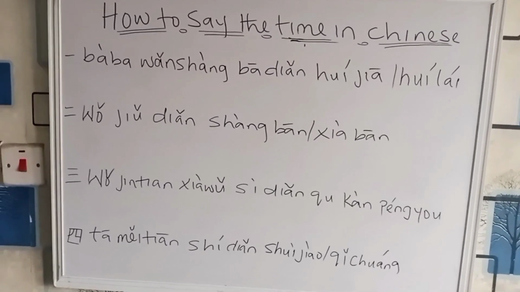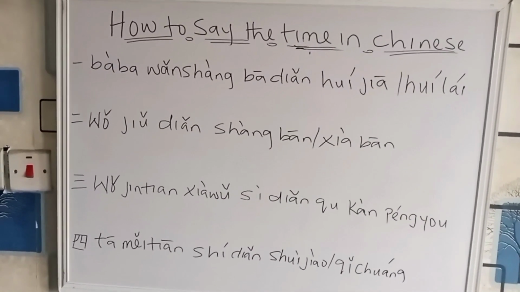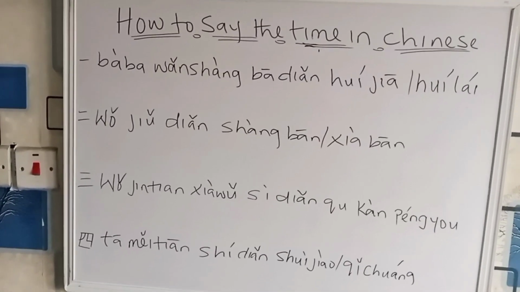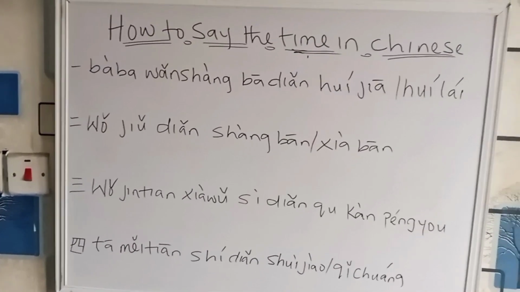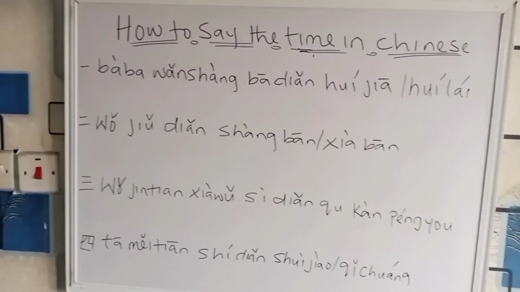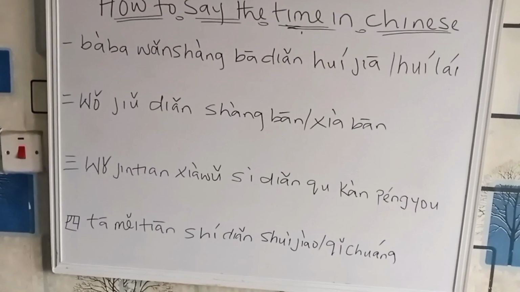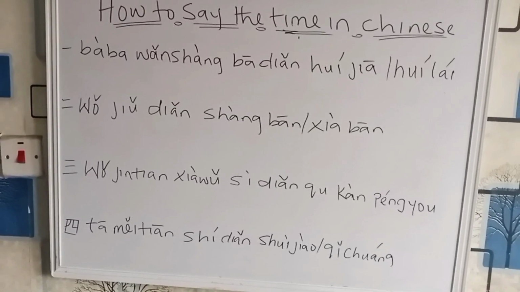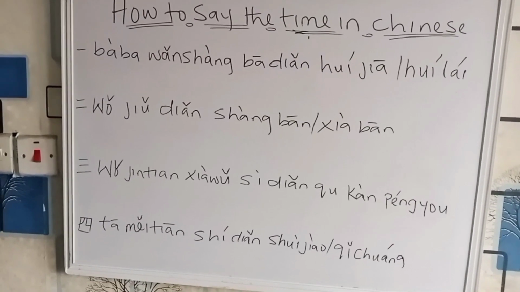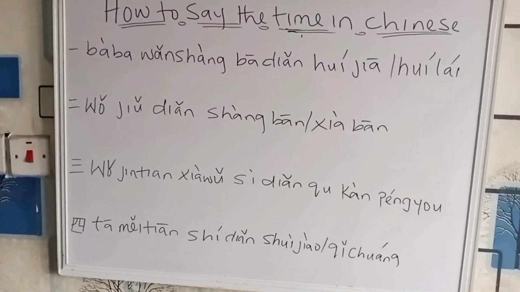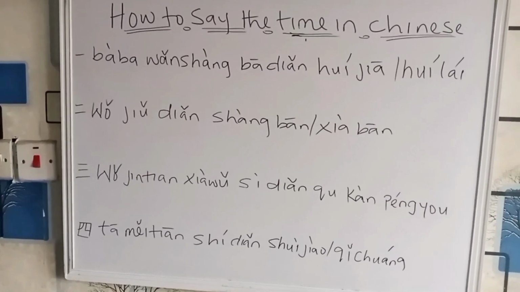and 上班. Let me explain the sentence first. 我9点 is 9 o'clock, right? So 我9点上班. 上班 means to go to work. 下班 means to close from work. So if I say 我9点上班, it means I go to work at 9 o'clock. So if I say 我上午9点上班, you will not ask me if it is 9 a.m. or 9 p.m. I'm going to work. Then if I say 我晚上9点下班, I am saying that I close from work at 9 p.m. 下班 is to close from work. 上班 is to go to work.